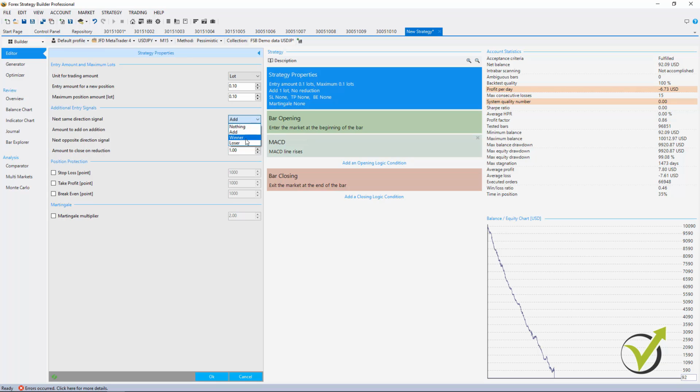You can select winner or loser, but the expert advisors that I created, the strategies I have created, is with at. No matter on the next entry signal we are on profit or on a loss from the first entry, it will add to the position. Here is 0.1 as well, and on the next opposite direction signal I have selected to reverse. Alright, you have opportunities here to reduce, to close, or to do nothing. I have selected to reverse.